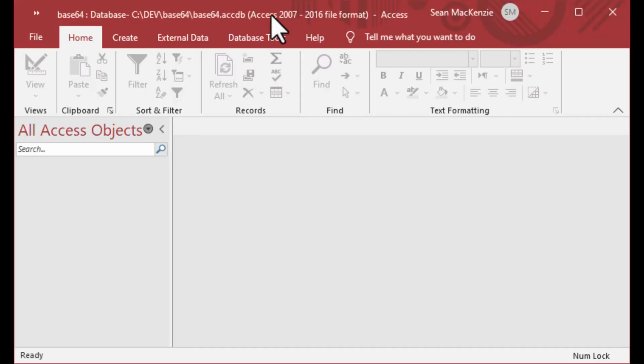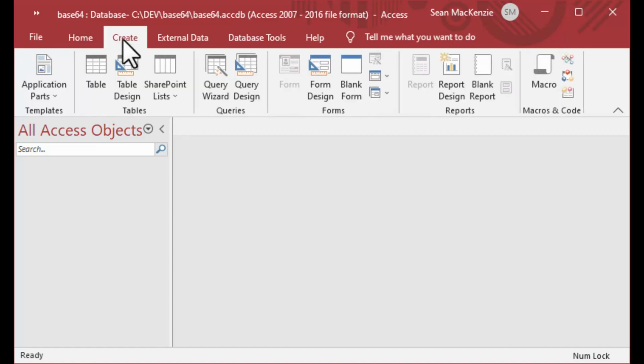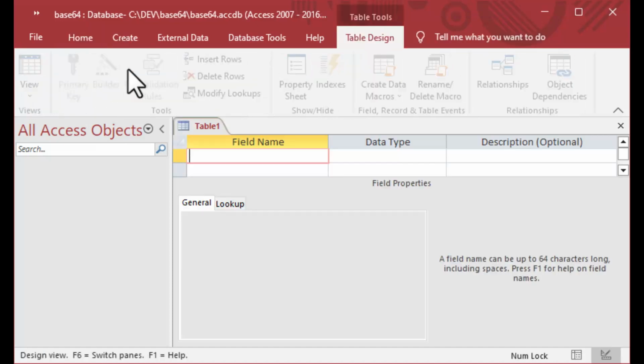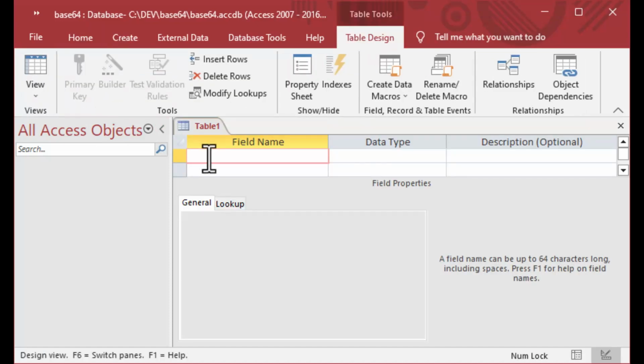Okay, so this is a pretty fun one today. I've created this little file here. Make sure to check out my downloads page. I'll upload this when I'm done. But you can see this is a blank file here, and I'm going to create a new table. I'll use the Create ribbon, choose Table Design, and then I'm just going to add an ID, and then I'm going to call this field TransferText,